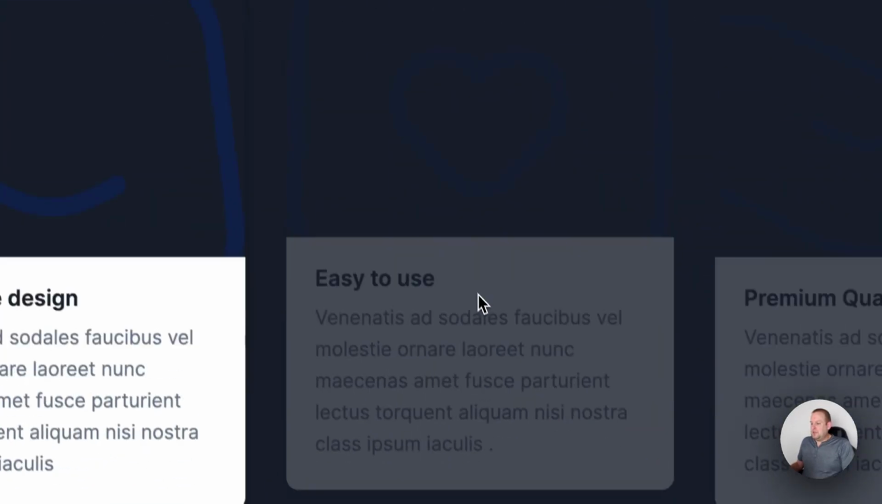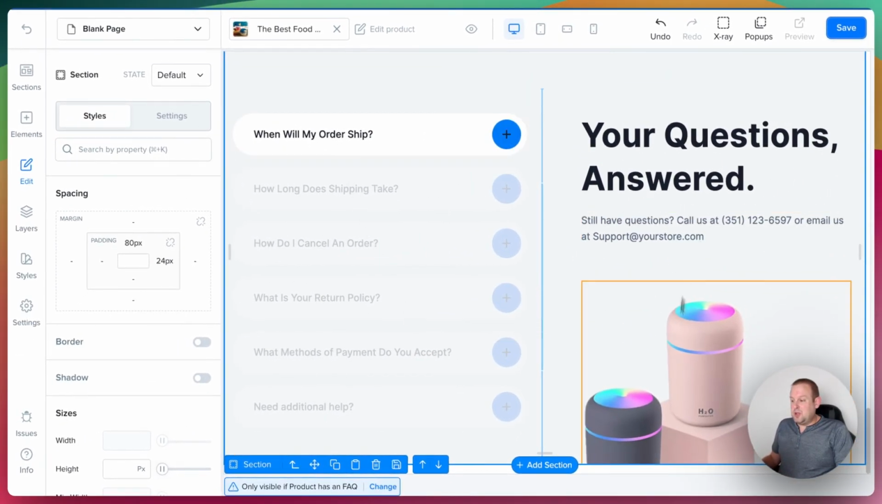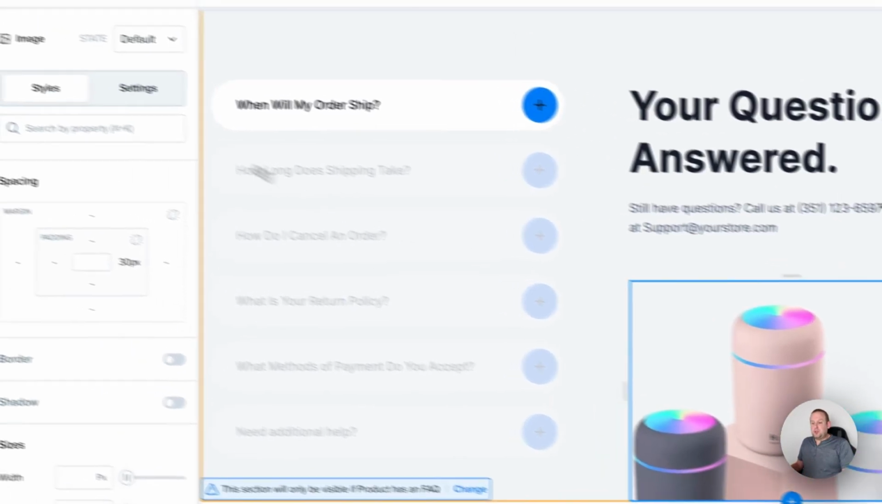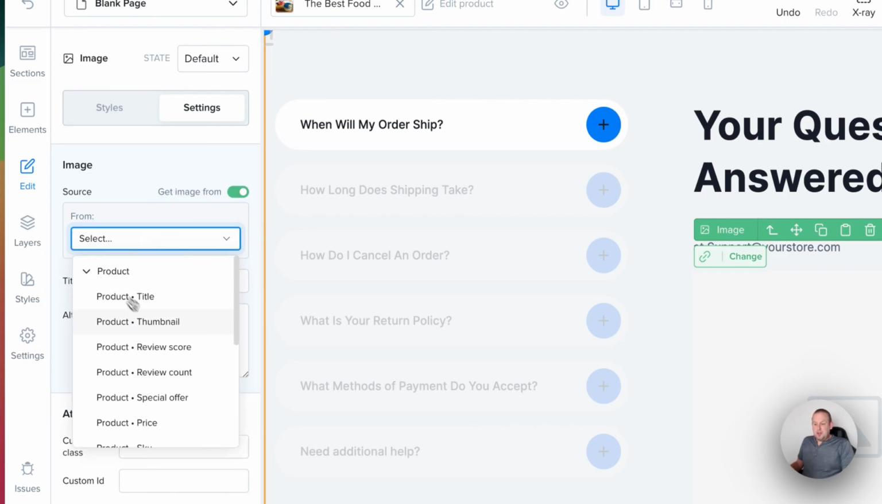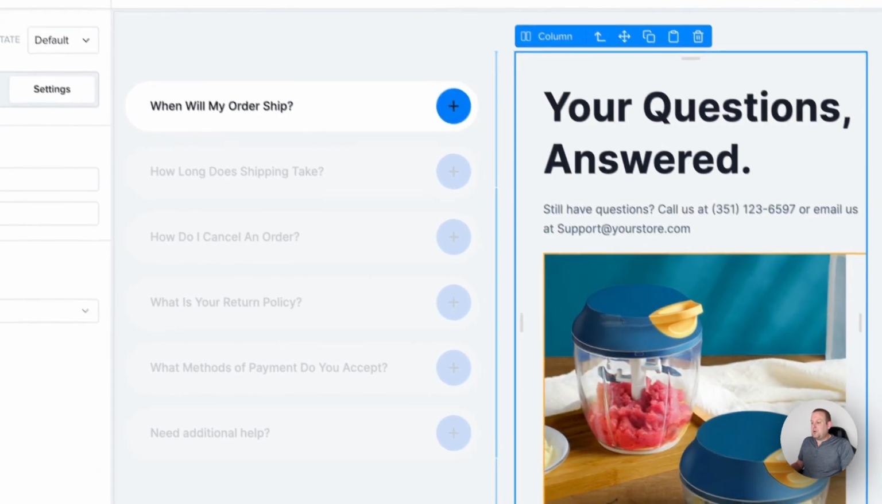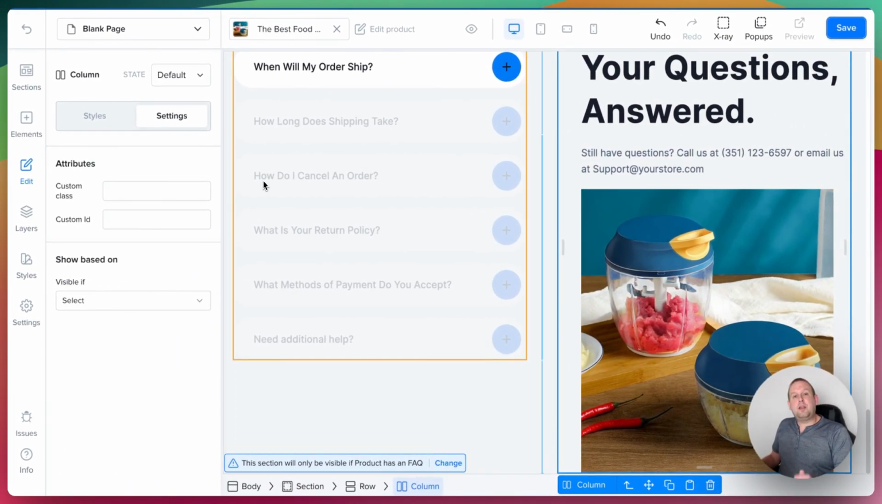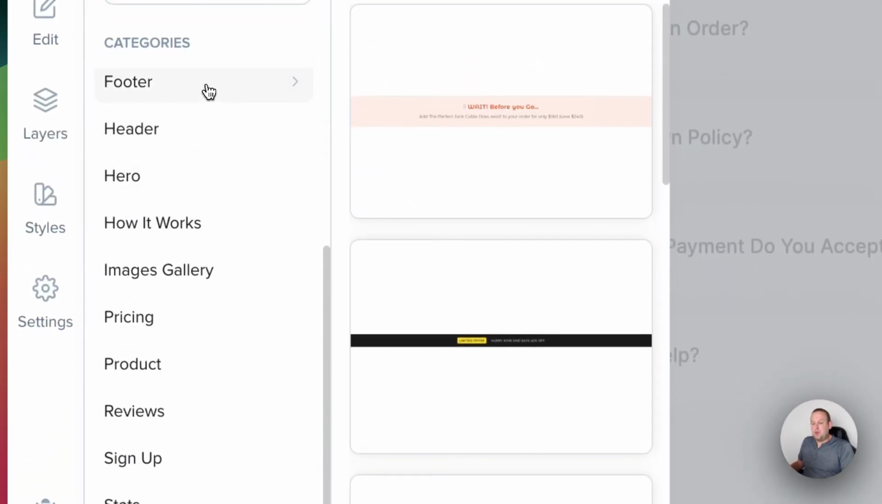There we go. And here we have basically all my FAQs, as you can see. We can also, instead of this template image, go towards settings, say get image from, and then let's say product, and let's go with thumbnail, right? So now it pulls in the thumbnail of the product itself. Really, really cool. And last but not least, let's also add another section, the last one for now, which is